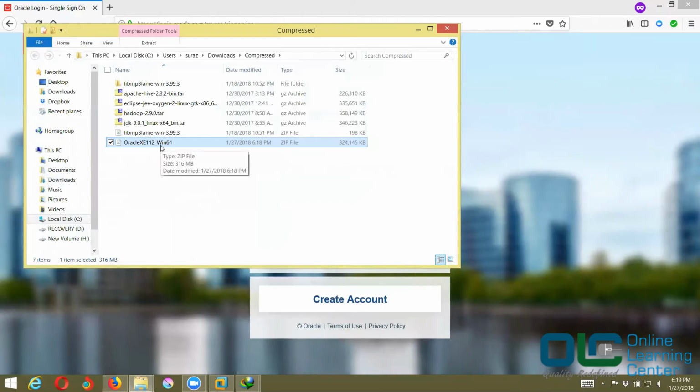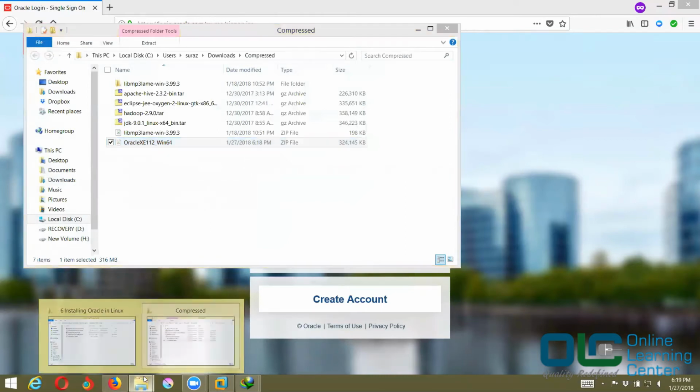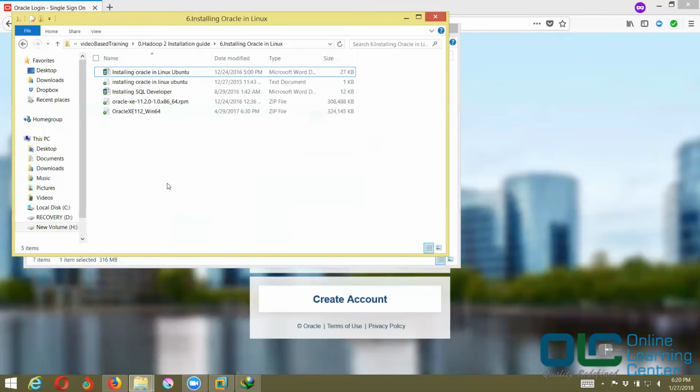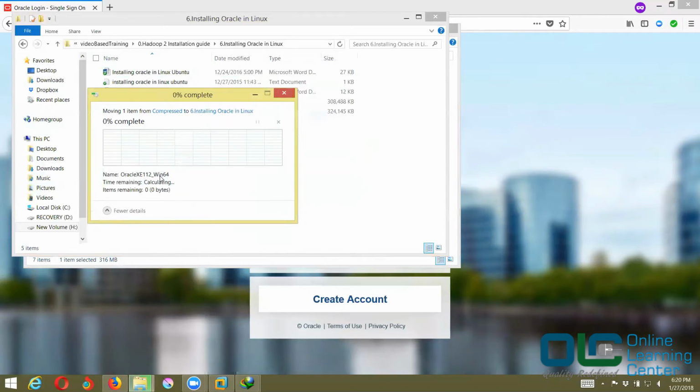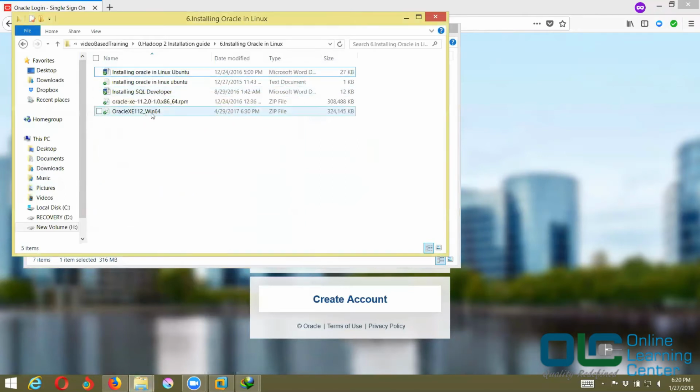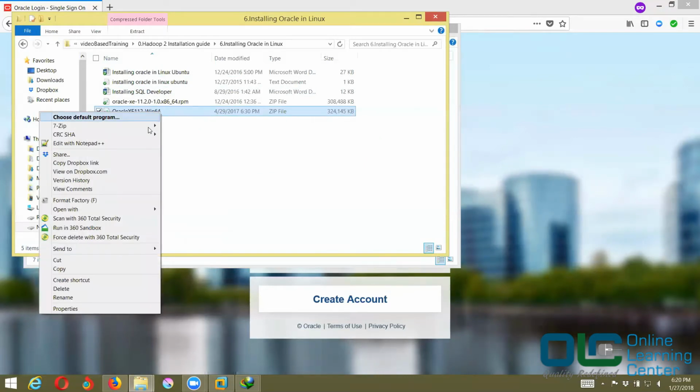So what I'll do, I'll copy this zip into this location. Okay, so it is already there. So if it is already there, then I'll just skip it. So this is what you get once you download your Oracle Express Edition 11G from internet. Okay, now let me unzip this file.